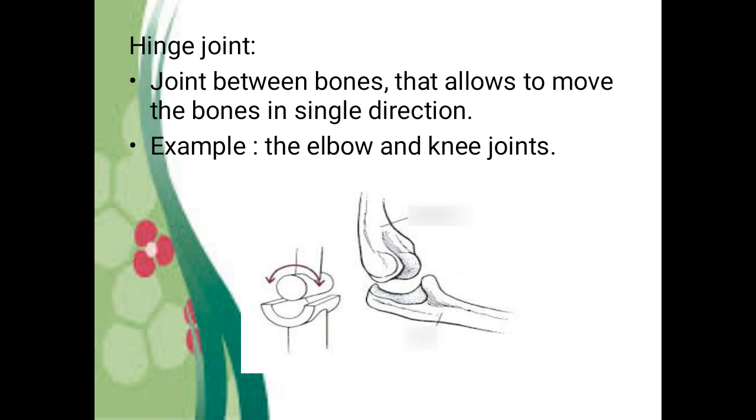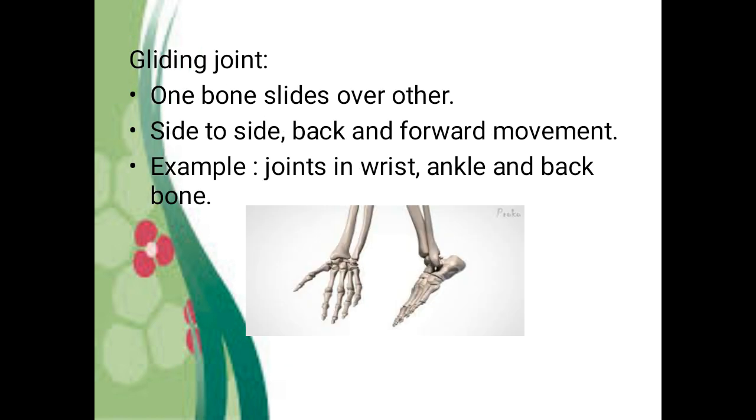Next, the hinge joint. It is present in the elbow and knee. It makes us move the body part in a single direction. It cannot move the part in all directions. Instead, it helps that body part move in a single direction, and it is seen in the elbow and knee.